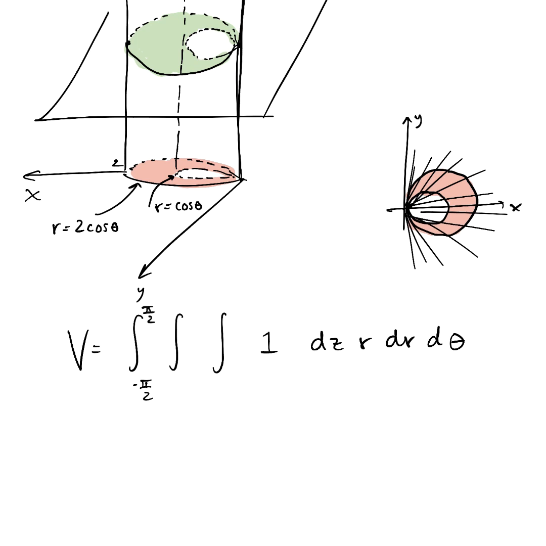Now, for each one of those thetas, from minus pi over 2 up to pi over 2, let's talk about what r is doing. Well, r starts at the inside curve, which is r equals cos theta, and r ends at the outside curve, which is 2 cos theta. Now you can bring the three-dimensional aspect into this, because for each choice of r and theta in that base,